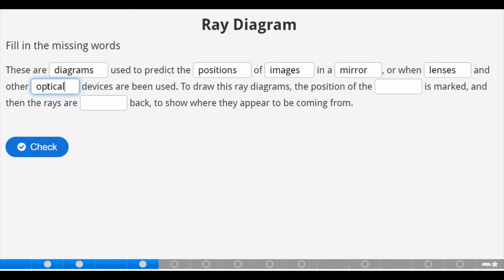To draw these ray diagrams, the position of the observer is marked,